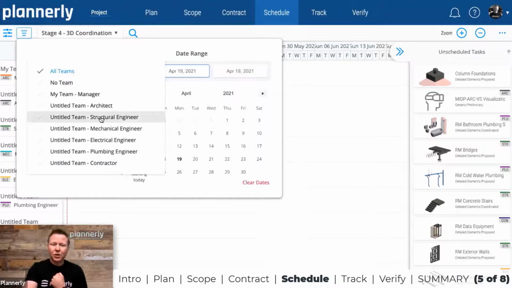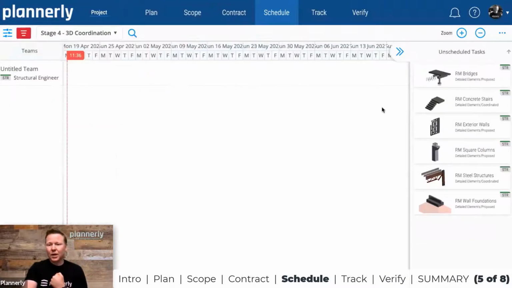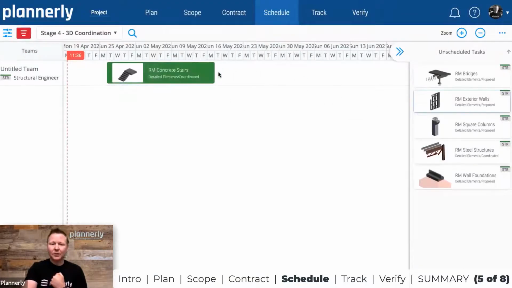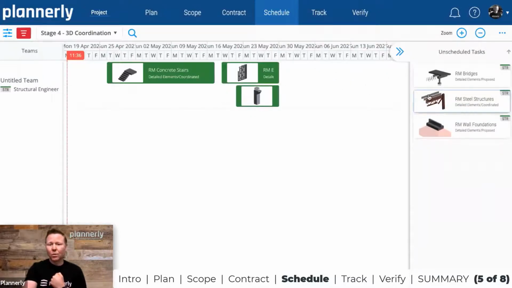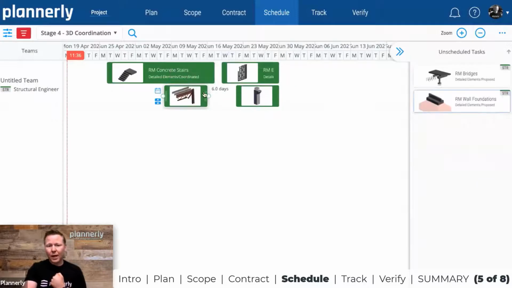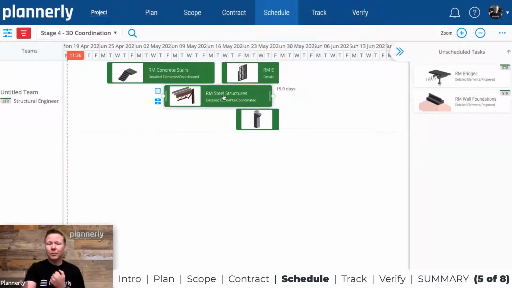If I filter just my work, I start to see that by dragging and dropping, I can define the timeline and the durations for these tasks. When I drag and drop these tasks in here, it's showing what I have been contracted for. And now I'm able to describe to the rest of the team when I'm going to be working on these activities. Really simple.